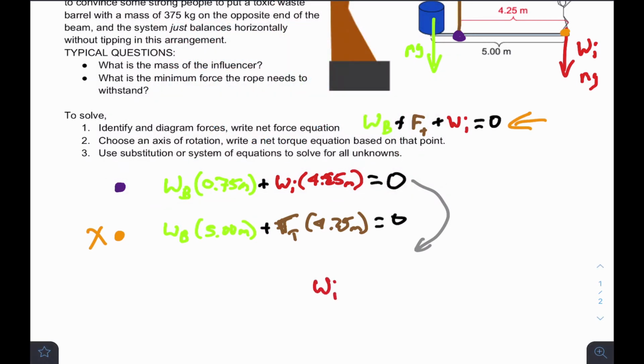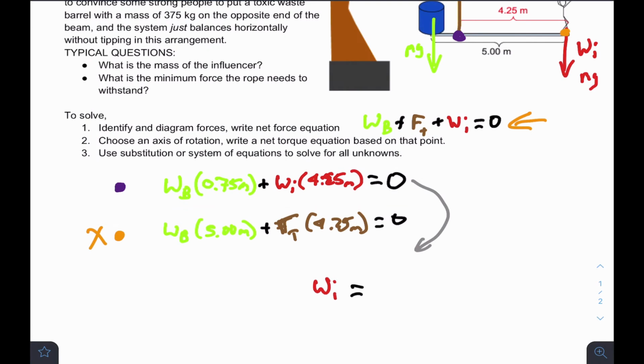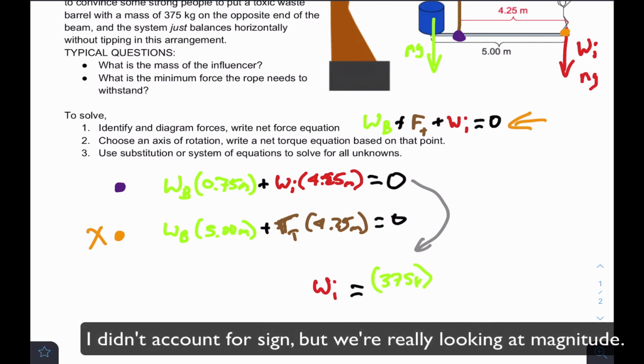So if I rearrange my equation to solve for weight of the influencer, I get this right here, weight of the barrel, 375 times 9.81